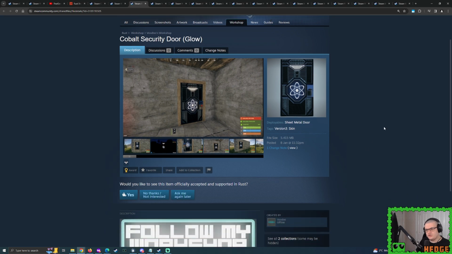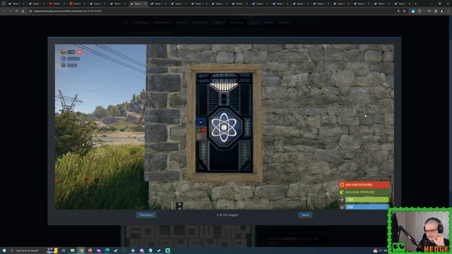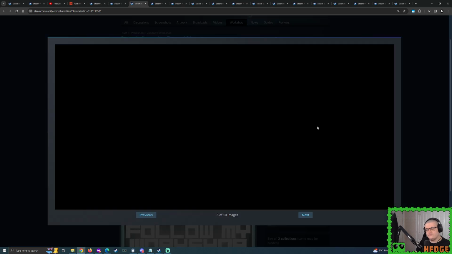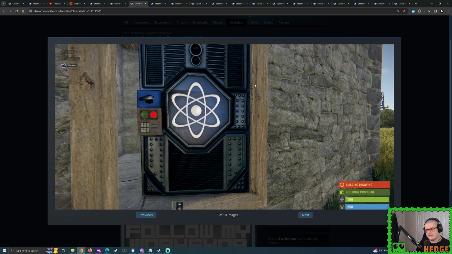Then we have the Cobalt security door, which glows in the dark. This is made by Voodoo. Get a good look at this. Very nice. Not too crazy in terms of its design, but once again, not every single thing has to be super crazy, super colourful. And I will respectfully sit here and say that definitely looks like a cool